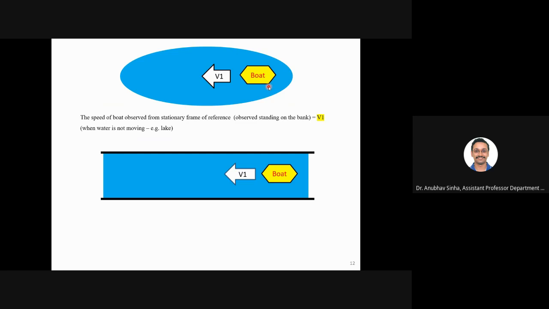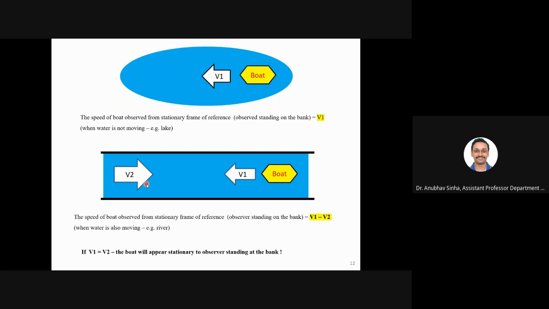Right, now instead of a lake, I am going in a river. Okay, I have a boat. Boat, let us say, has fixed v1 velocity. They are going in a river. Okay, so what is the difference between a lake and a river? Water is not still in the river, water will also move. Let us say water has velocity v2.